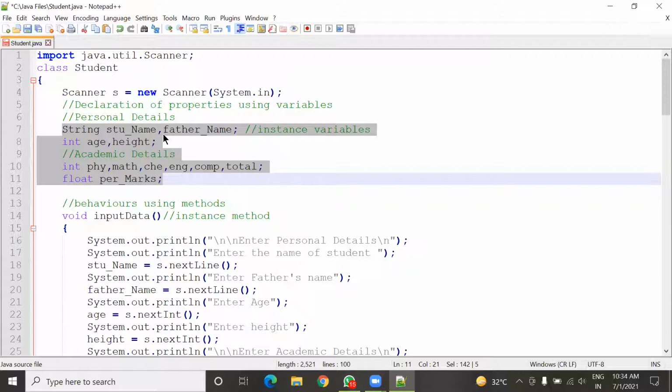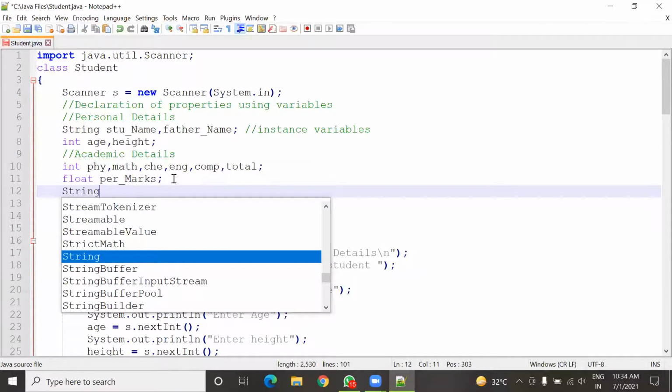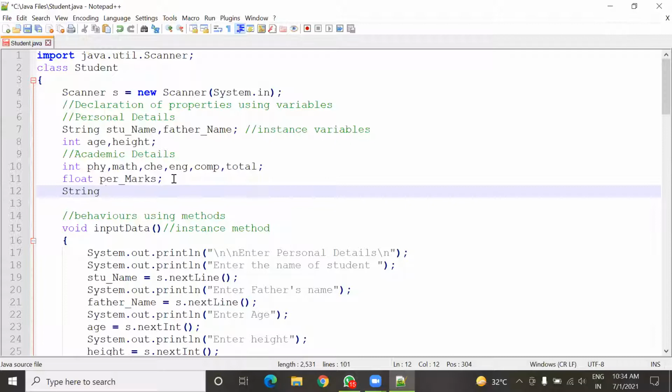Father's name can also be different, age or height can be different, maybe the same, but it may be different also. But if I take here one more variable of string type, and the name of the variable I am going to take is school name. Now, what do you say about this variable school name?